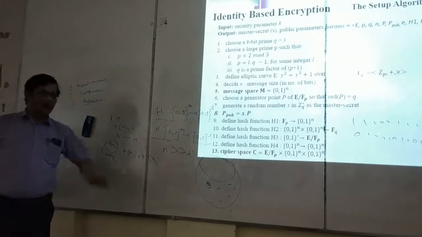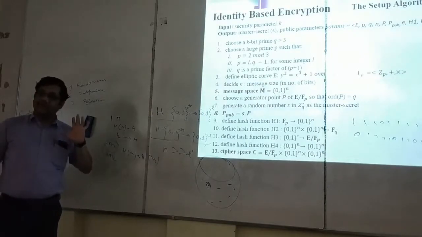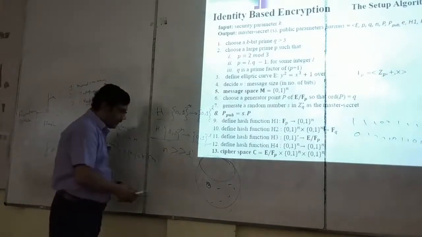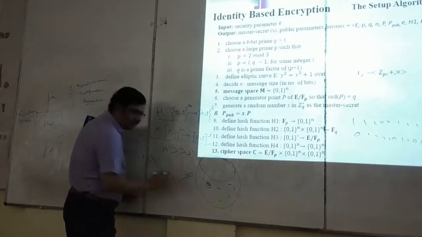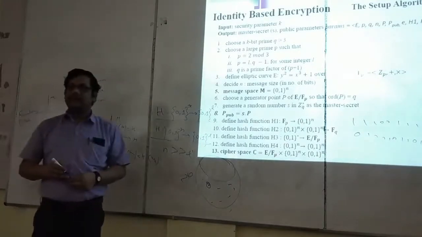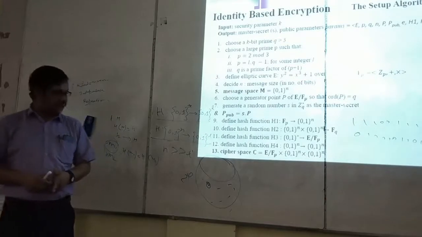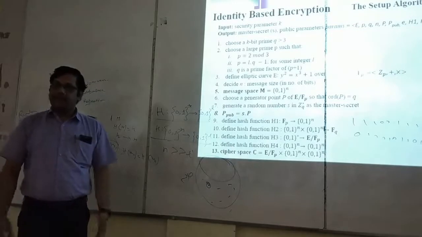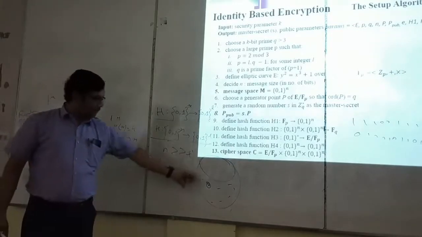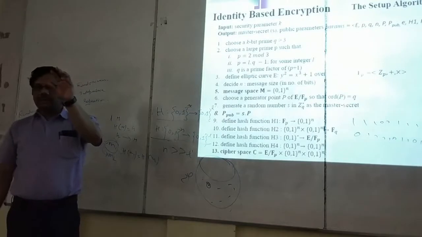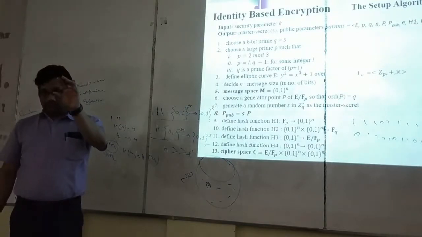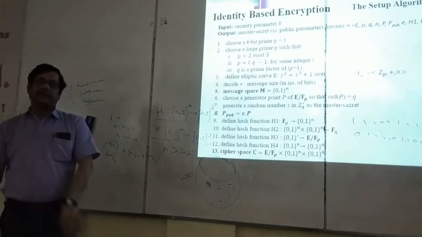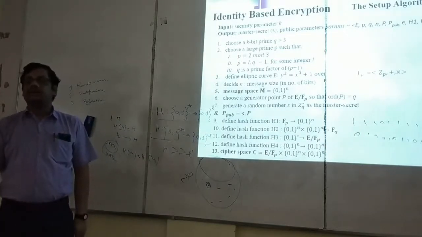Now I don't know how this hash algorithm will be implemented. Now think how can I simply, so I have a bucket of 2 power L, size of the bucket is 2 power L, to be specific minus 1, I am ignoring one element. So the size is 2 power L elements. Now I have to become a random oracle. How can I become a random oracle? Whenever you give me a message, I pick one element randomly and show it to you. This is your output. Then again put it here. But if I do this thing, then I cannot ensure the randomness property. So what can I do? Simple thing.